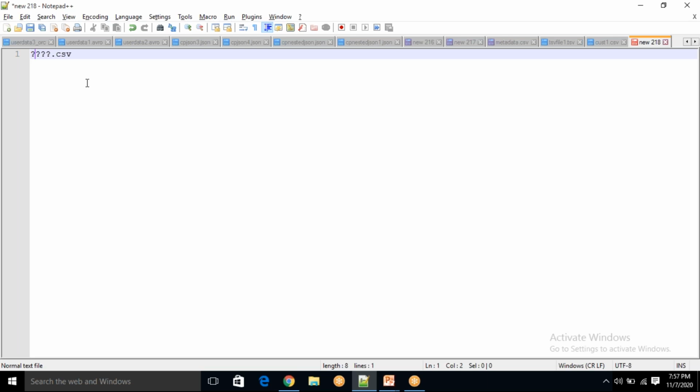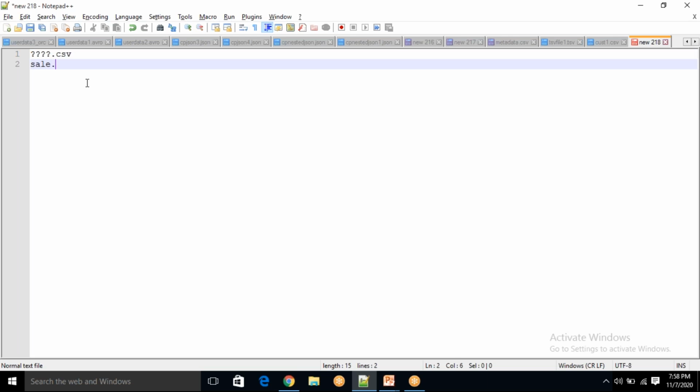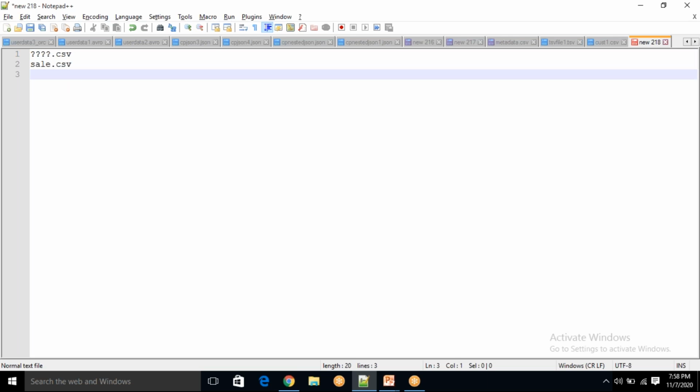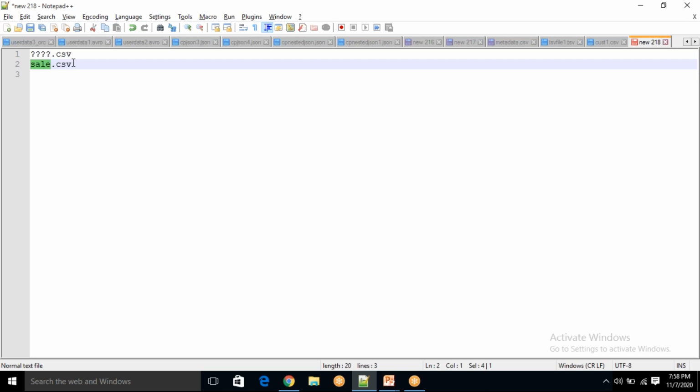Any file which has 4 letters, it can be custard.csv, it can be emp1.csv. Okay, so it can be sales, it will go 5, right? So sale.csv, sale example, it will allow all these files because .csv is there, but the first 4 characters can be anything.